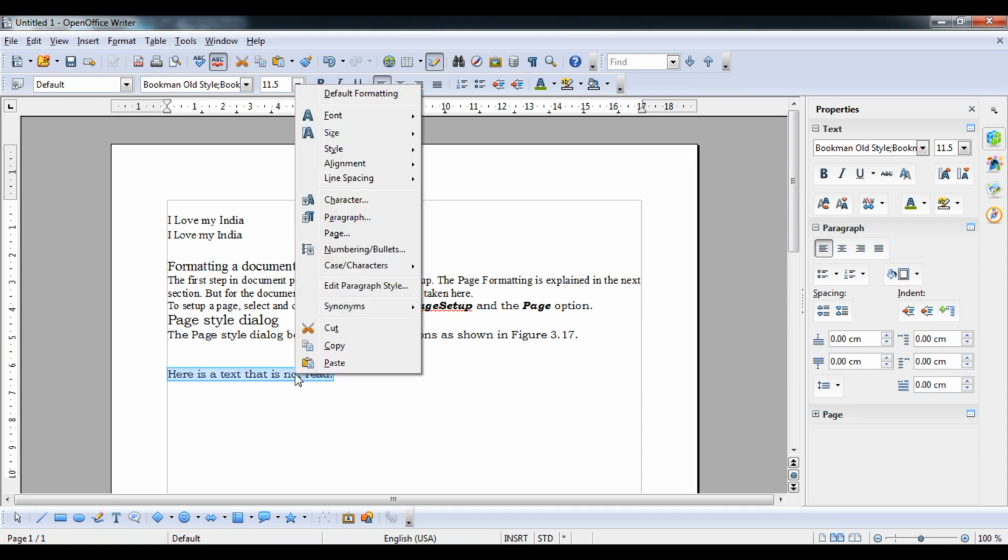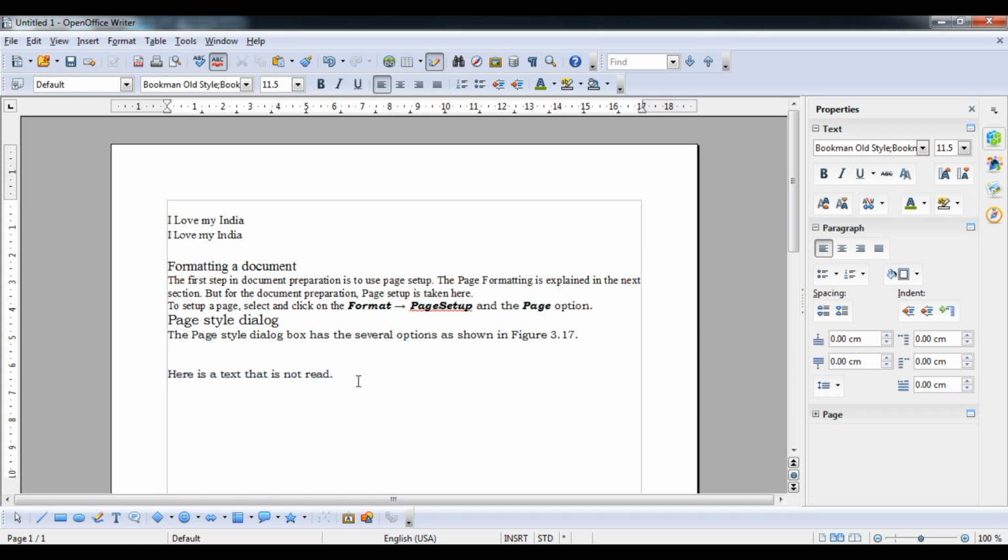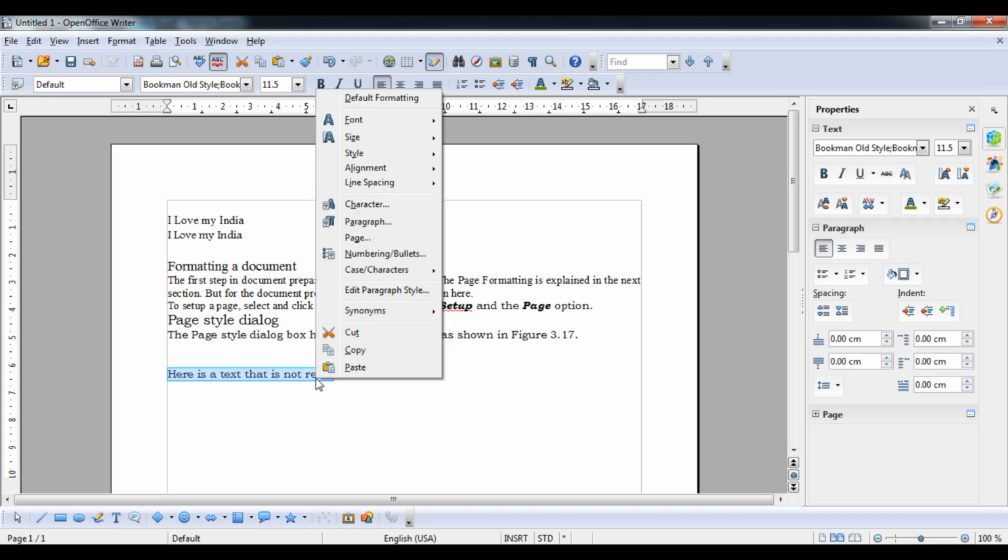So what I will do, student, I will just right click on this, and then after that you can see style, you can see here is strike through. I have written this particular text and I want this particular line to be not mandatory to read. So select this first, student.